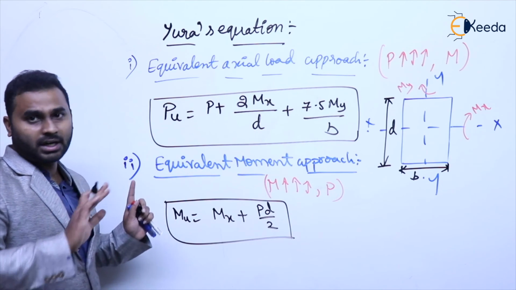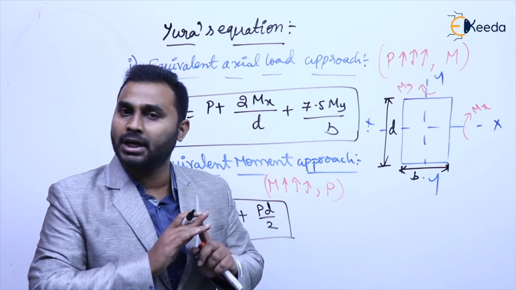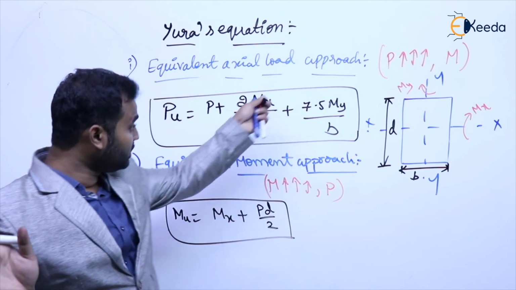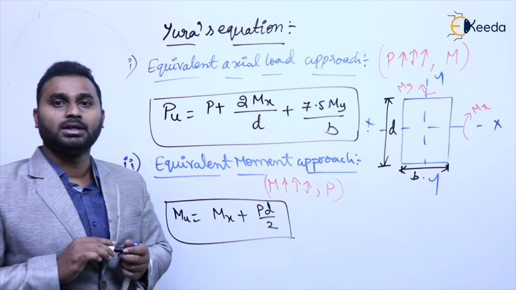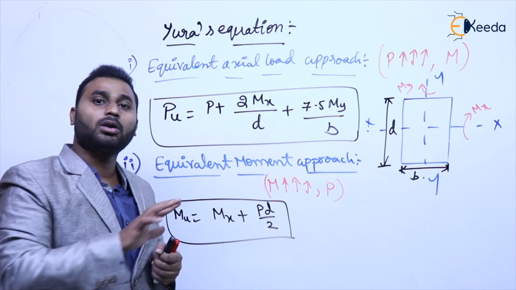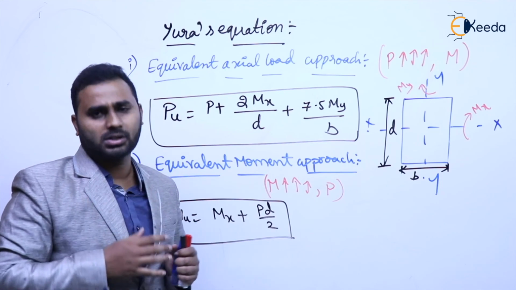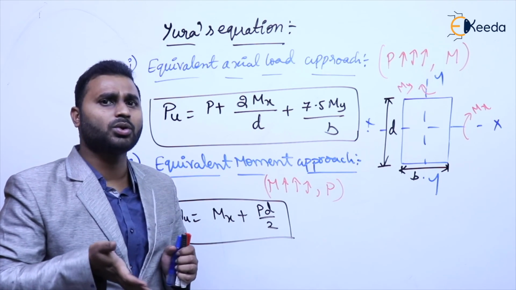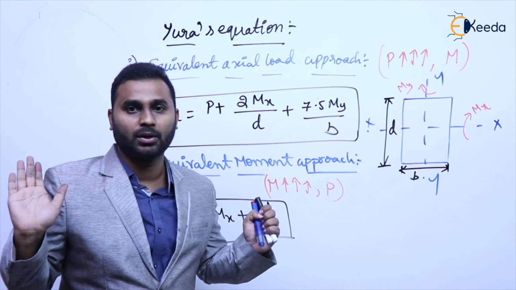As I said, the design procedure is trial and error, and the detailed design procedure is not at all required for the GATE examination. But these formulas, the equations used for initial sizing, are required. With this, we have completed beam columns, and not only beam columns, the total topic of the design of beams is completed. Now we will discuss numericals on it so that you understand clearly the concepts we have discussed so far.